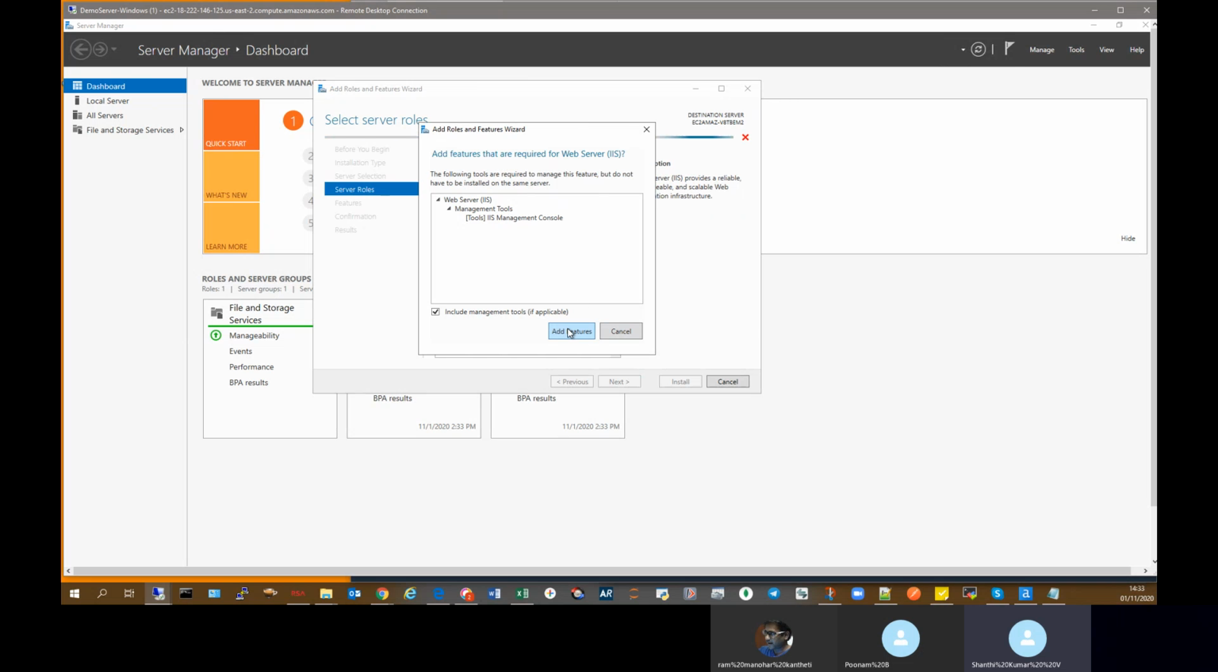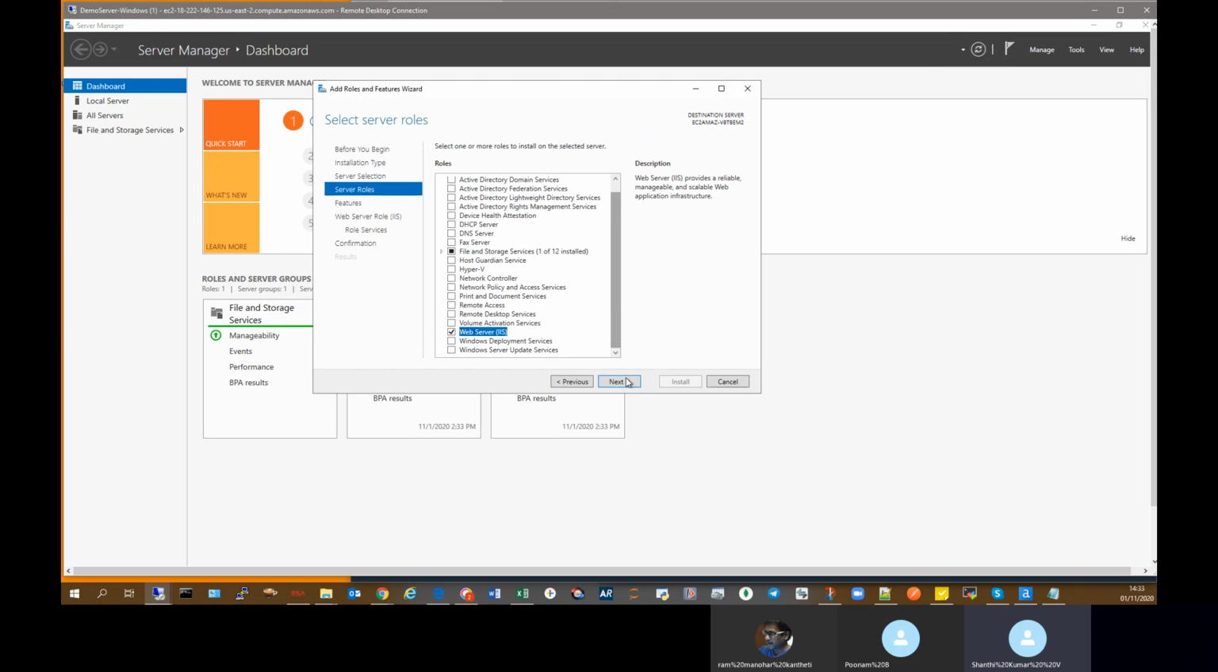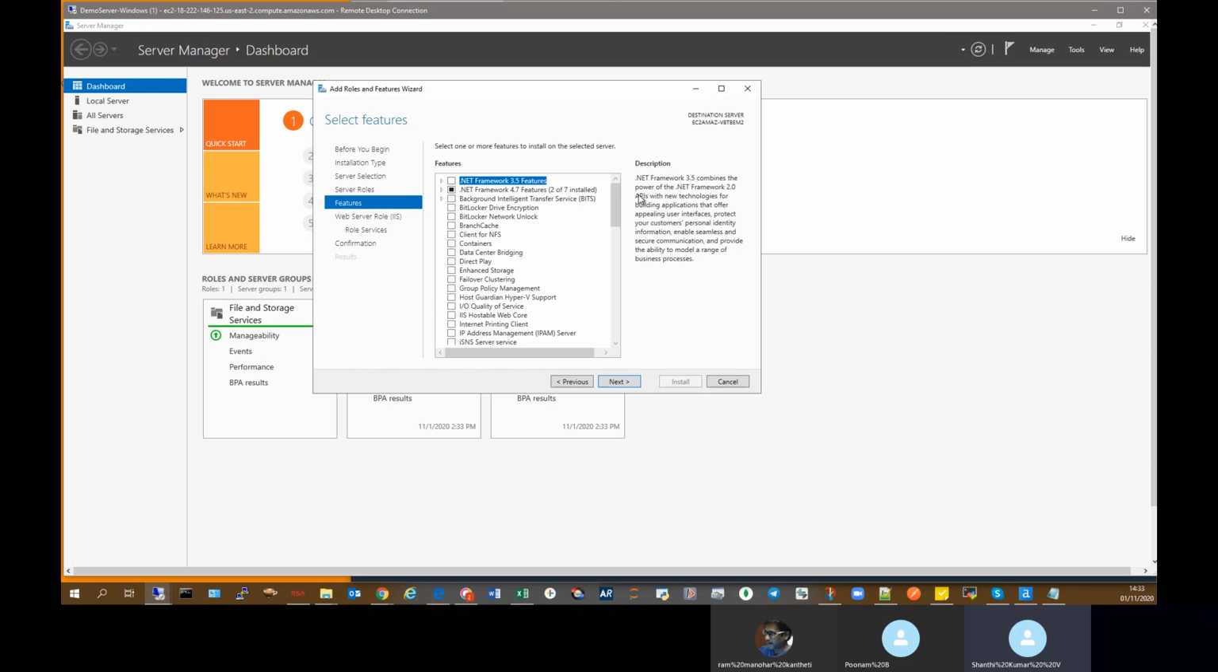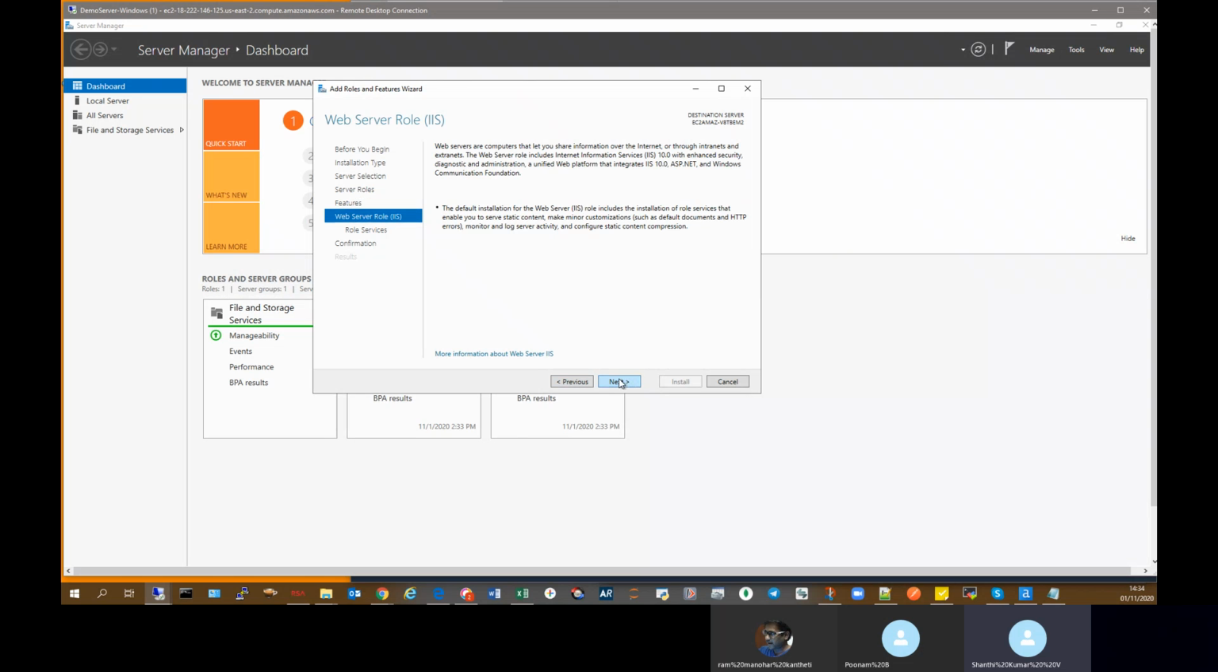So that's next. And here I have to choose .NET Framework 4.5, but I don't have it, so I'll choose that. And ASP.NET, that as well. Next, next,